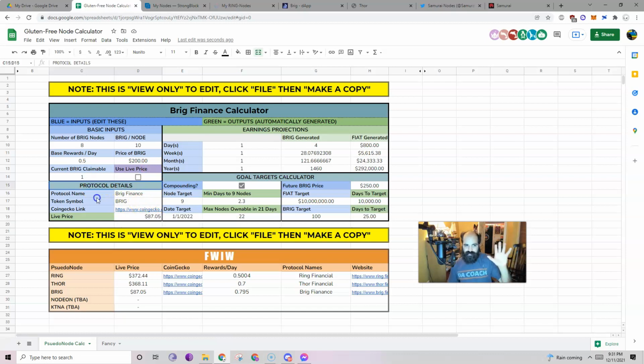Okay, so now that we've finished the product details, we can jump over to the basic inputs. And basic inputs are exactly what they sound like. As a reminder,